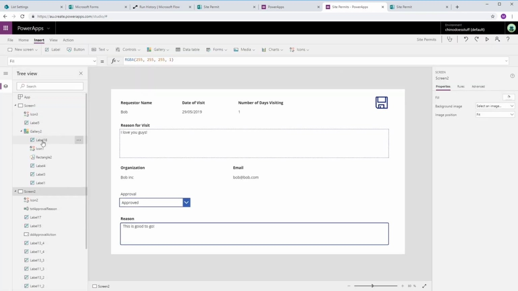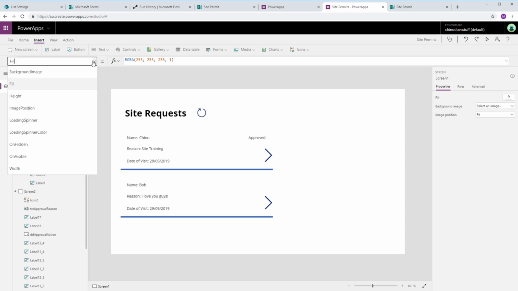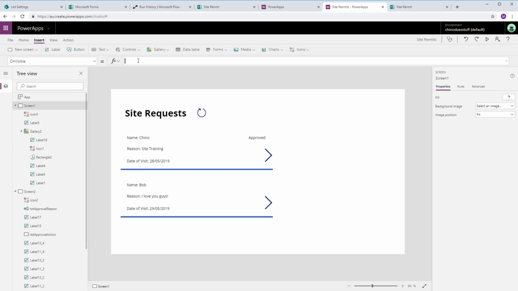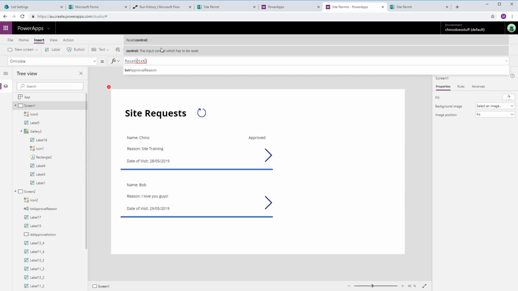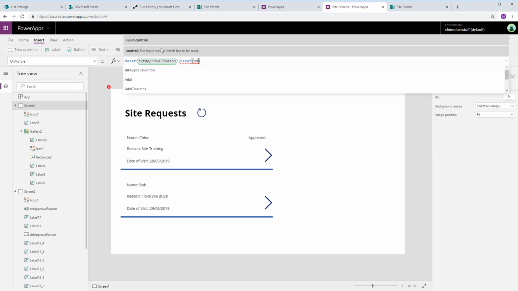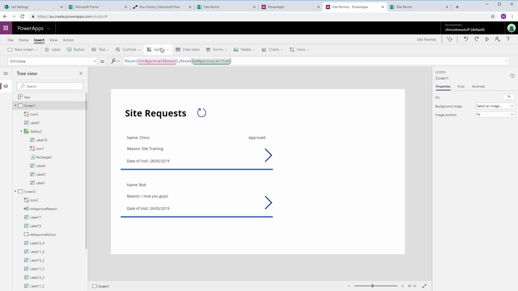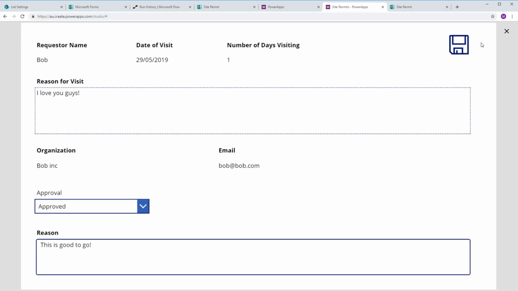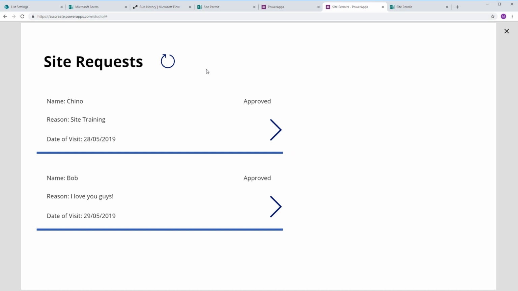So what I do want to do on screen 1, on visible, I do want to do a reset of those fields. So the field was txt approval reason, and the other field I want to reset is the drop down. Okay. All right, that's great. Now, if we do one more,